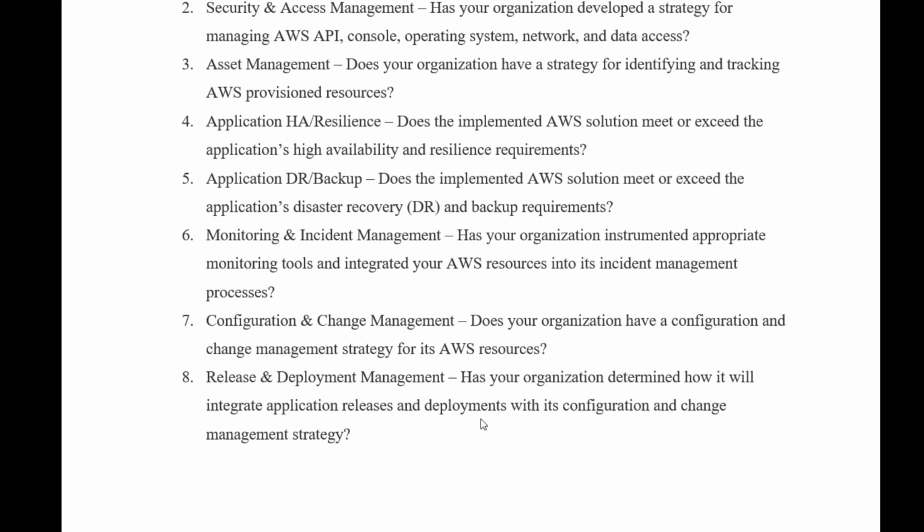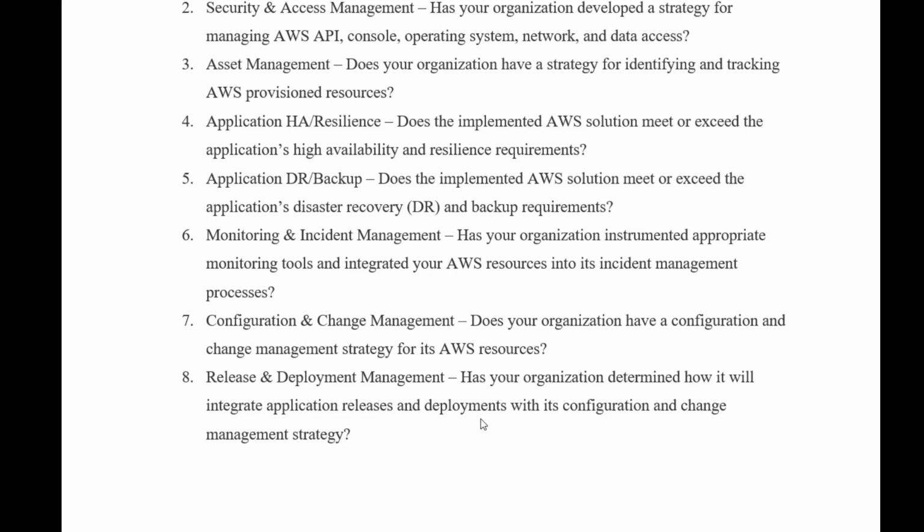The last one of this question segment, release and deployment management. Has your organization determined how it will integrate application release and deployment with its configuration and change management strategy? It's again a continuous integration and continuous deployment process where you have a release and deployment management process.